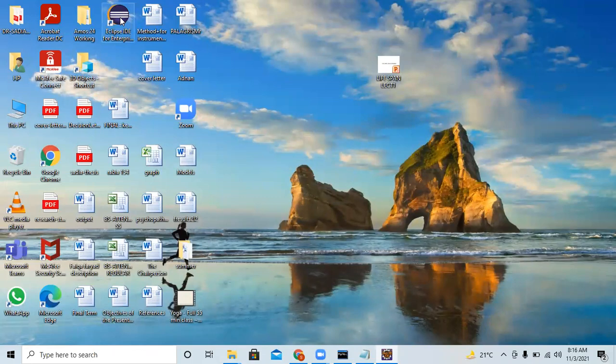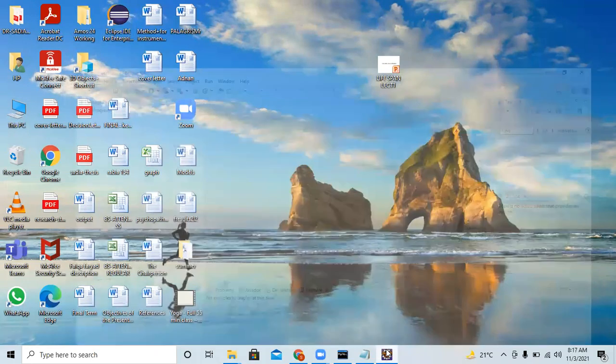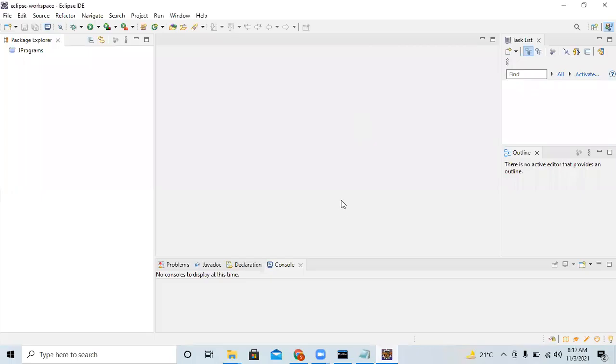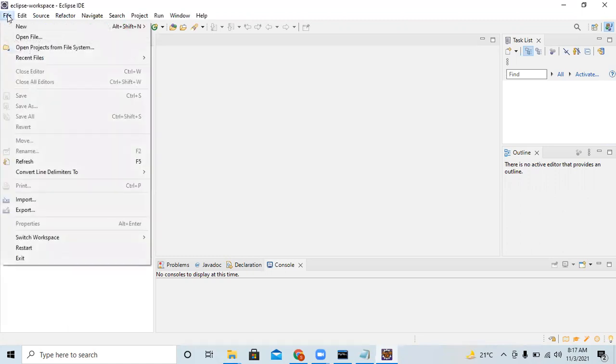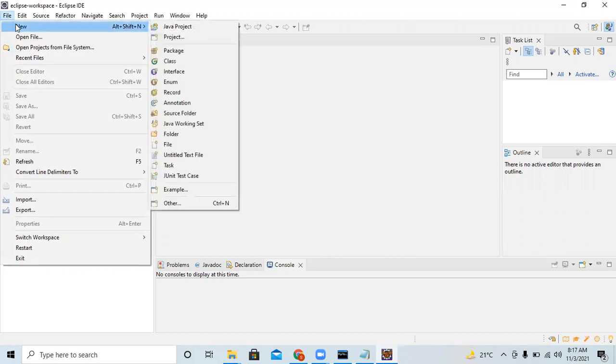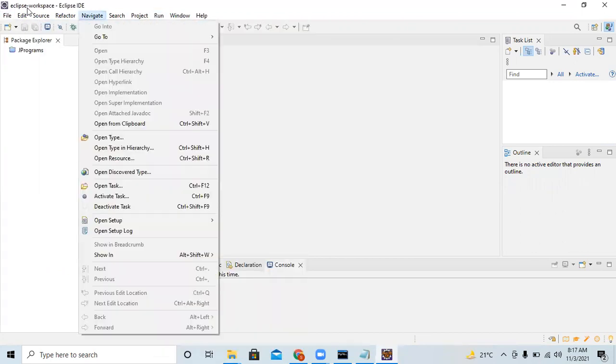After double clicking over it, it will be opened like this. I can close this project and then you can build your project again. It's up to you. But most of the students who want to do something with Eclipse, they know how to open a project. So, for example, they can do this by just clicking over this file, then click over new, and then you have